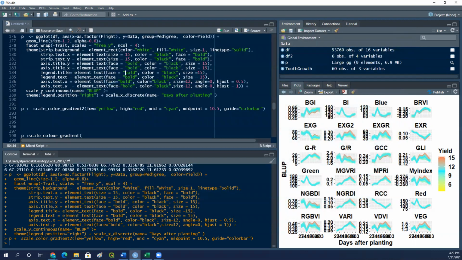You can write plain in here instead of bold if you don't want to see the bold. Or you can change the size of the title or x-axis or y-axis, or you can change the legend title size and whatever you would like to do. Just change the number or the bold and just replace bold with plain and see the differences. So I don't want to spend time on this one. I mean, you can play around